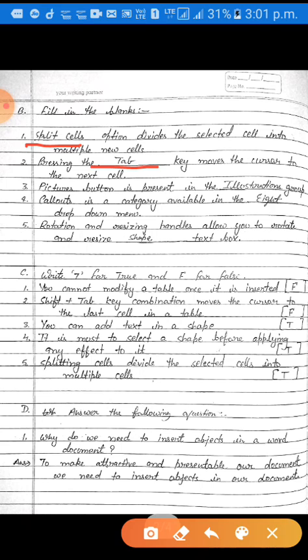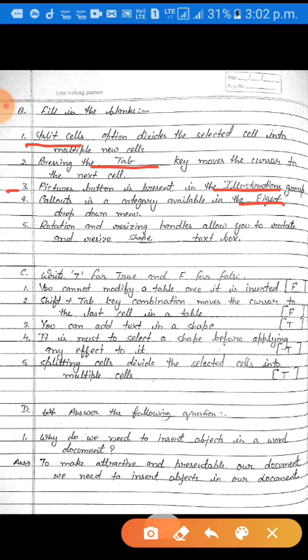Question number third is picture button is present in the dash group. Dear students, picture button is present in the illustration group. Okay. Now question number 4 is callouts is a category available in the dash drop down menu.